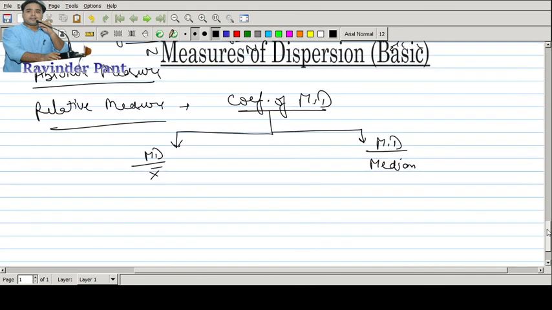So this was all for today, and in the next class we will do some questions based on mean deviation, quartile deviation, interquartile range, and the previous measures. And there is one more measure of dispersion which we'll undertake in the next to next class, which will be your standard deviation, the most used measure of dispersion in the series.